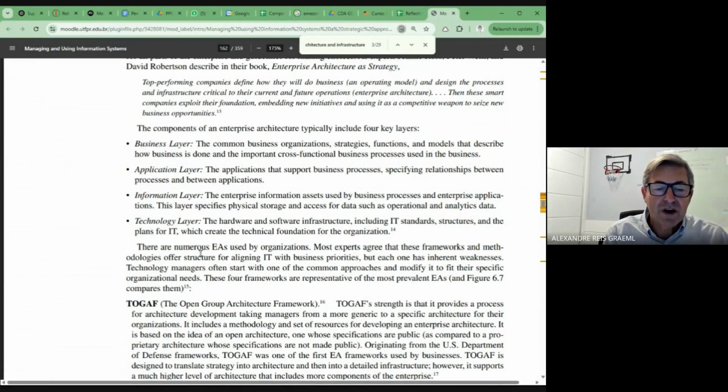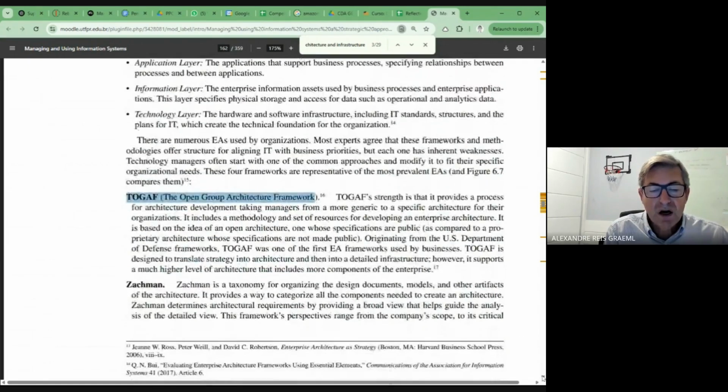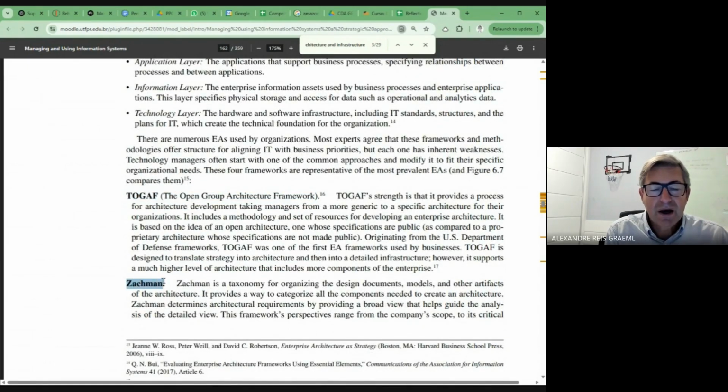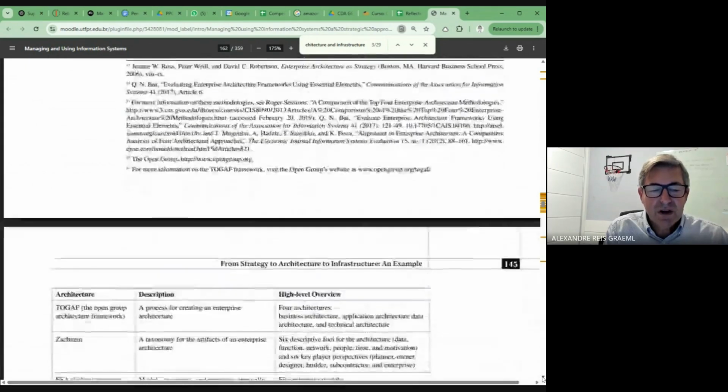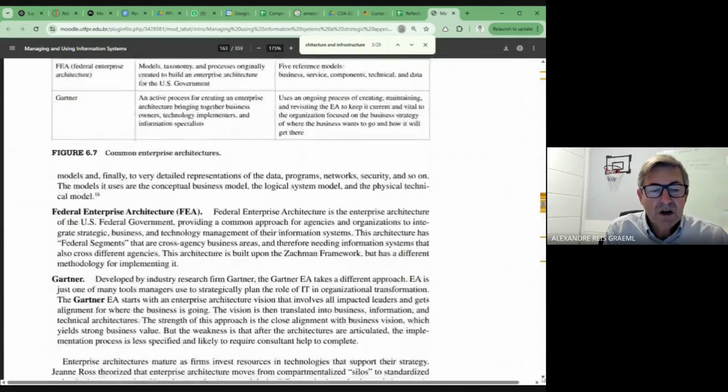better known than others. I'm sort of acquainted with TOGAF, the Open Group Architecture Framework. I have to confess that I had never heard of this Zachman enterprise architecture model. My understanding is that Zachman was also an author in information systems, I believe, right? But I didn't know this model. And then they also show here,